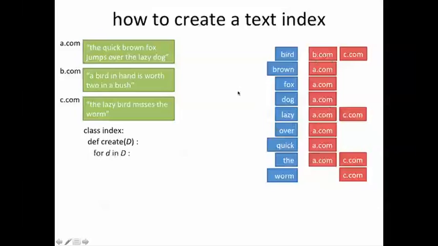So what we'll do is we'll go through each document in D. Now in Python what this means is that if D is a list, for d in D will essentially iterate over each document in D one by one, and for each such document small d we'll go through each word W in that document. Once again we're assuming the document small d in this list of documents D is itself a list of words this time. So for each of these words we'll go through the document small d,